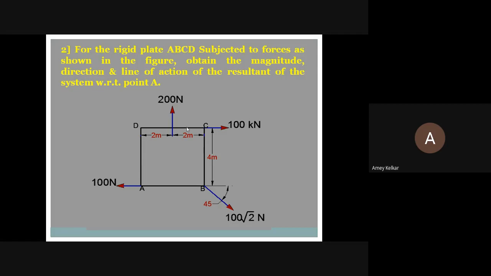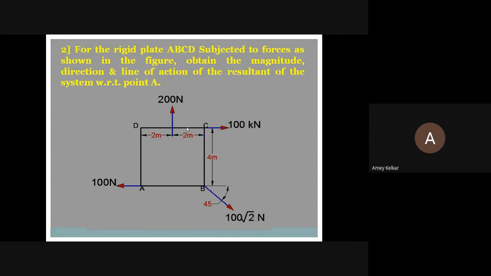This example has been asked in the final exam, and this is a CET type example which can be solved very easily. Looking at the problem and the forces, you feel it is difficult, but once we go through the example, you'll realize this is a very easy example. Again, I'm reminding you all, I'll show you how we can solve this example without using the calculator. These things will help you further if you go for the GATE exam and want to do your masters in a good college wherein you'll have an entrance exam, a CET. Such examples, especially for mechanical and civil people, can come, so you need not worry.